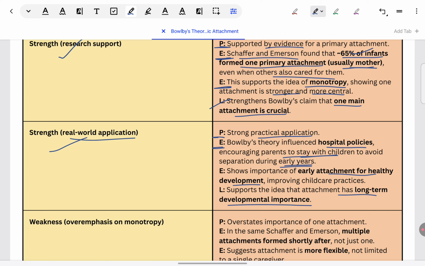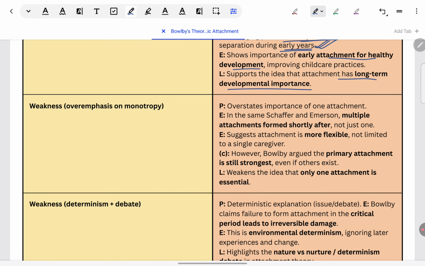Also, I forgot to mention earlier this continuity hypothesis. This is relevant here because the reason hospitals are letting good early attachments form is that they've understood that in later adulthood, this is all going to matter for the individual. These ideas will come up again in the last topic in attachment, early attachment to later relationships. You will get to see more about this there. So do keep such studies and ideas in mind. They will help you understand more easily.